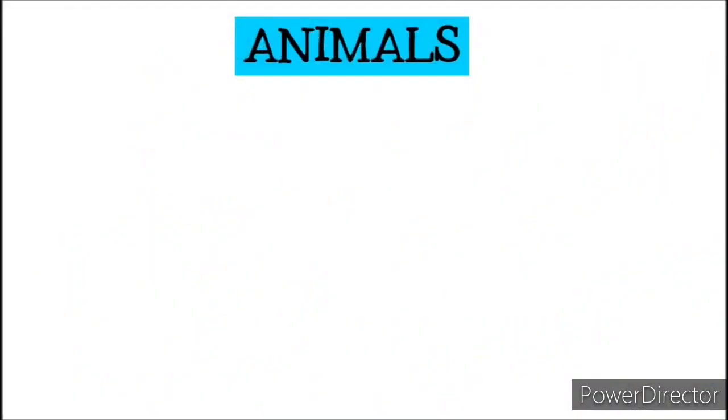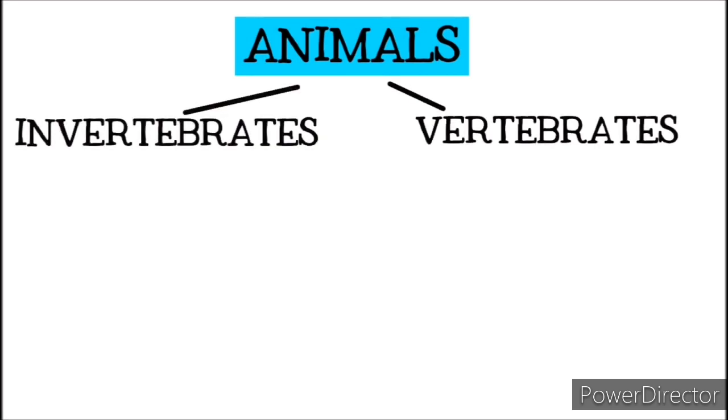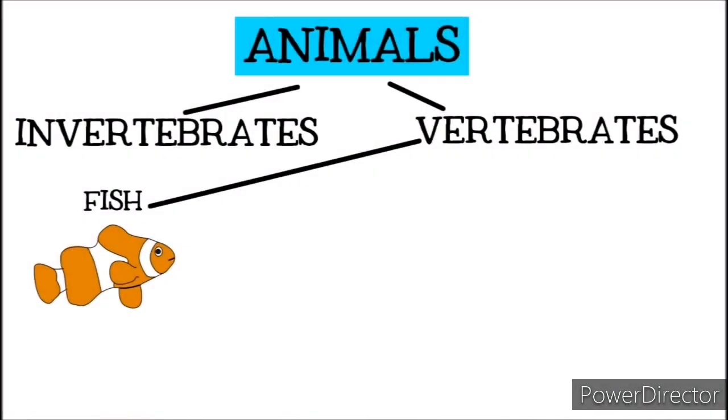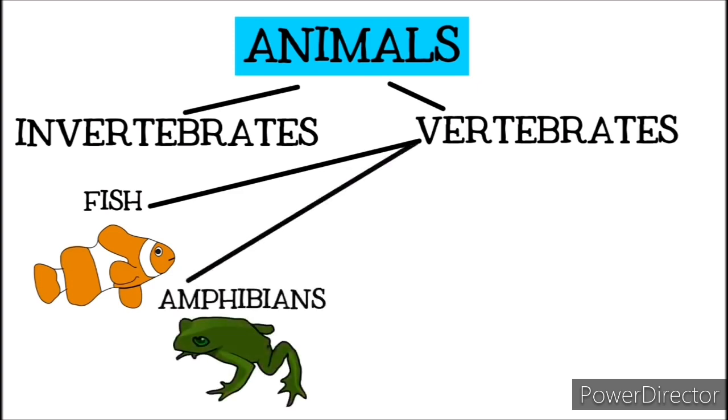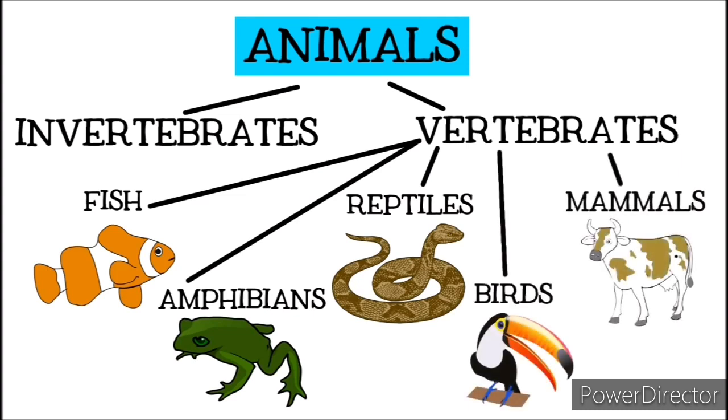Before starting the second part of the animals classification lesson, we will have a fast recap of the lesson we studied in my video 1. In my first video, I classified the animals into two main groups as vertebrates and invertebrates. Vertebrates means the animals with a backbone and invertebrates means the animals without a backbone. Accordingly, the vertebrates could be classified into main few groups as fish, amphibians, reptiles, birds, and mammals.